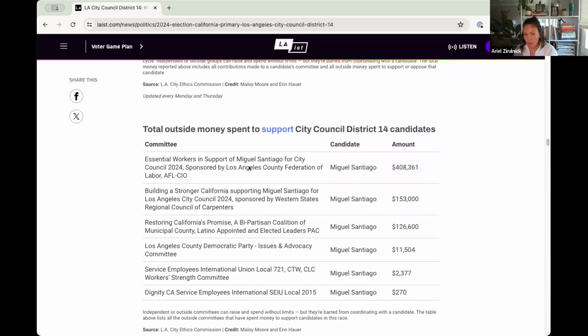In my dream world, I would have a hover over each of these committees to be able to say what this committee is about, or who funds this committee, or things like that. That's what people are trying to figure out: why are they spending money for this candidate, or why are they spending money against this candidate? So how can you orient your campaign finance work around answering that question of what's the motivation for this? It's even more about the motivation than the amount of money a lot of the time. People just want to know why they are doing this.